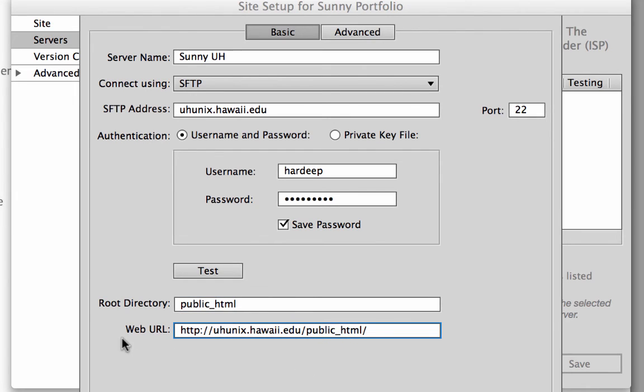And the last thing is the web URL. This is the address any visitor would type in their browser to access your website. And for my website, it is... For you, it will start out the same, and the last part will be your UH username.